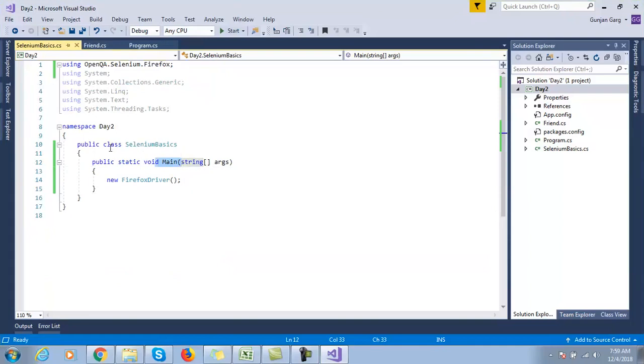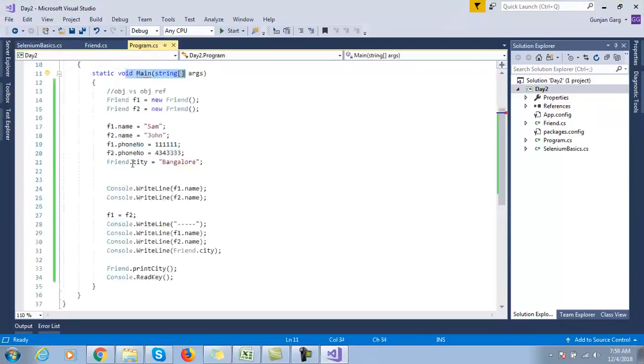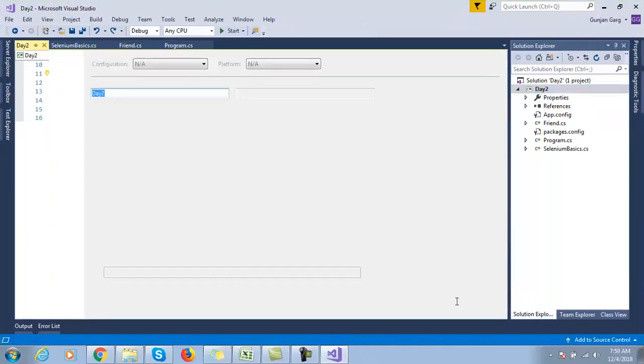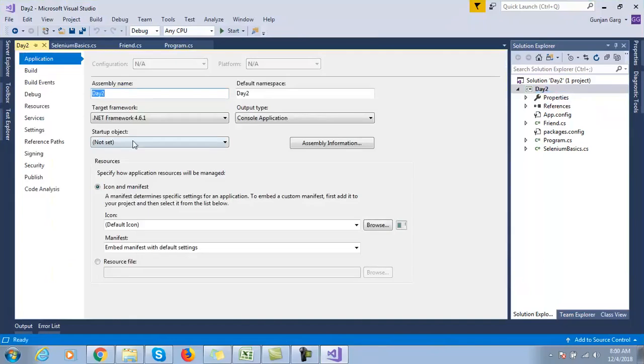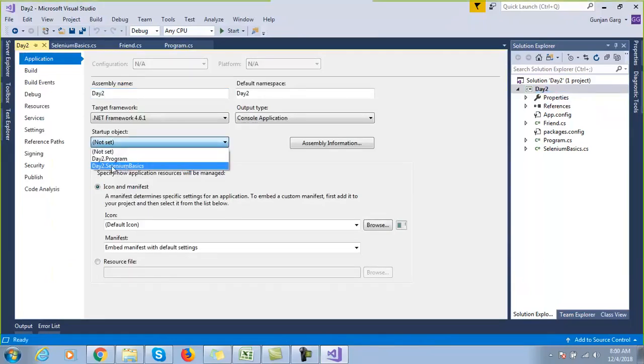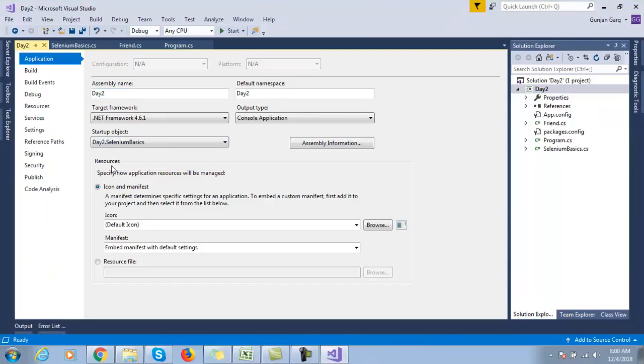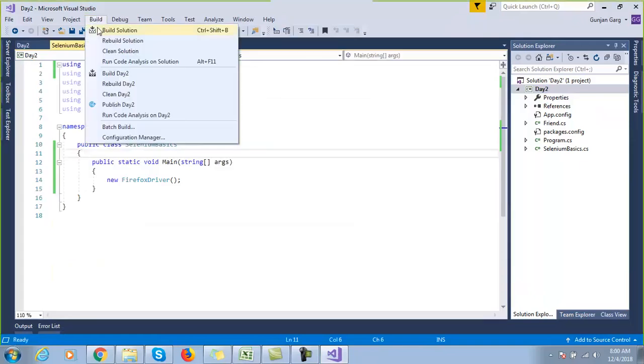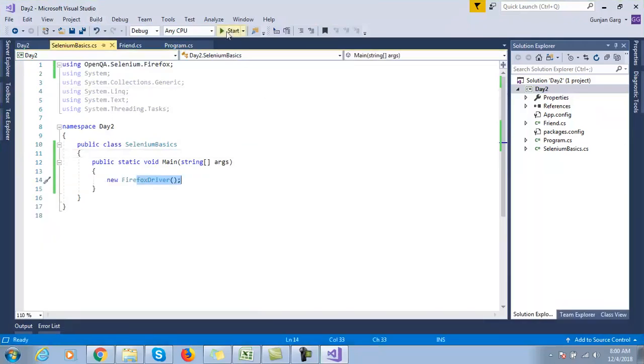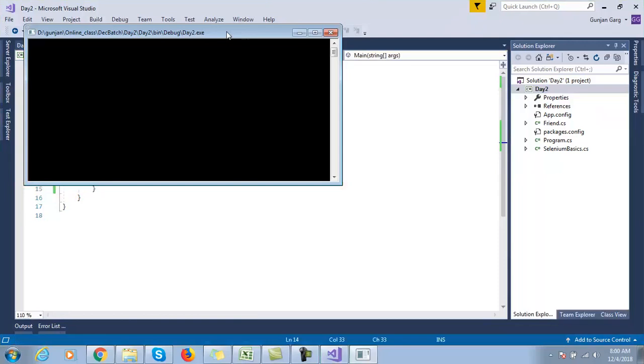So either we will have to remove one main function, you can comment out the main function which you are not using, or else you right click your project, go to the properties of your project, and then out here inside the startup object you just select the class which you want to execute. Say I want to now execute my Selenium basics class, so I'll make this class my startup class. I will save the changes, and then if you build your solution again, the build has succeeded. I cannot see any error. So I have my Firefox driver class initialized. Now if I run my code,